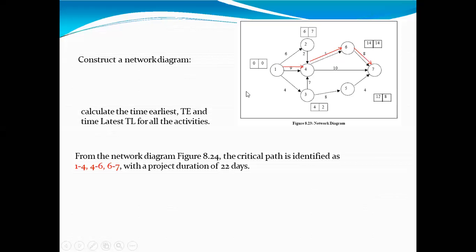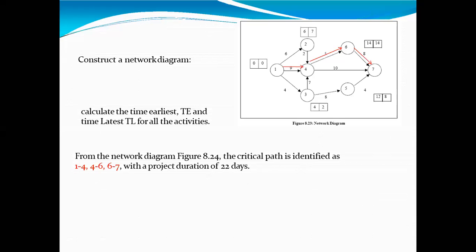Calculated this particular part, that critical path we have calculated. That critical path may be 1 to 4, 4 to 6, and 6 to 7. So this particular critical path has a total of 22 days. After up to this, everybody is knowing very well how to calculate, how to go forward. Is it right? To construct the network and calculate the critical path is not that much difficult a task.